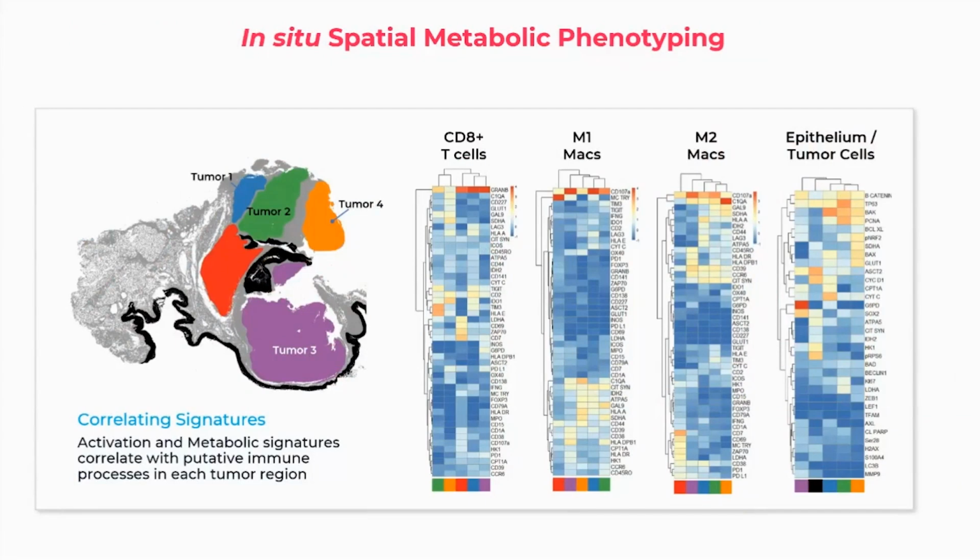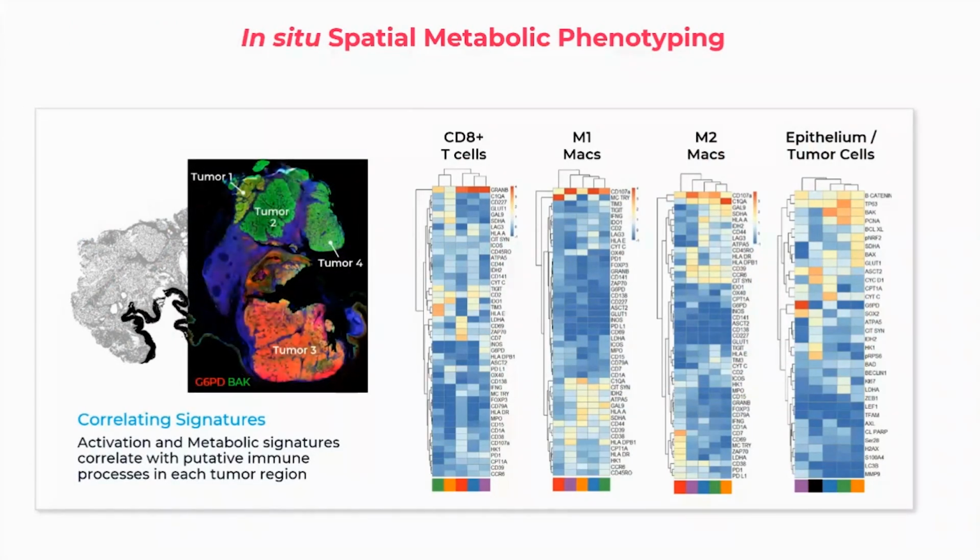What we could see was glucose 6-phosphate dehydrogenase was enriched in tumor region 3. That's the area that lacks TLSs. That's the area that has the M2 macrophage phenotype. It's a highly proliferative and hypoxic region. So that's your resistance to therapy. That's the area that will likely lead to the resistant phenotype in this patient.